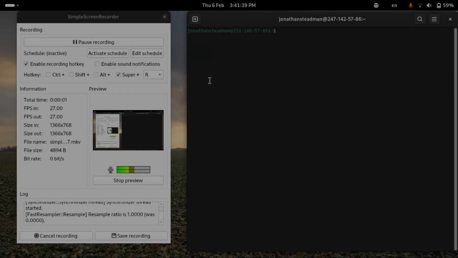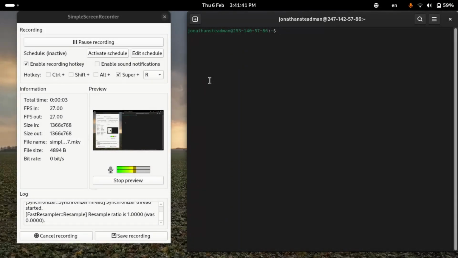Hello everybody, this is Jonathan, and today I'll be replacing Htop with Btop, and I'm going to show you guys why that is. So if I go ahead and type Htop at the terminal,